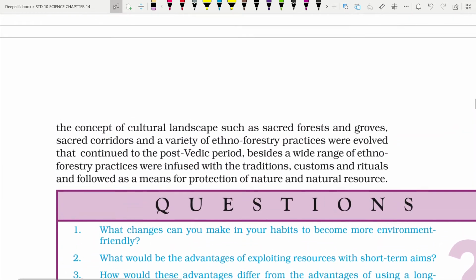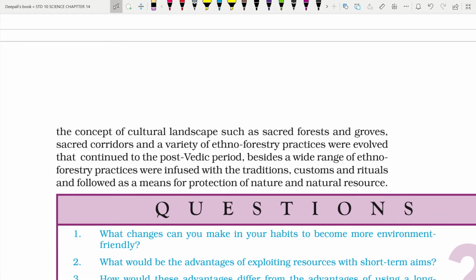So, the main reasons why we should be protecting our natural resources can be listed as management of natural resources so that we have it for longer generations and a longer time period. We see that they are equally distributed with all the society, and we do not damage the environment so that we are able to balance the nature and environment and our mother earth.